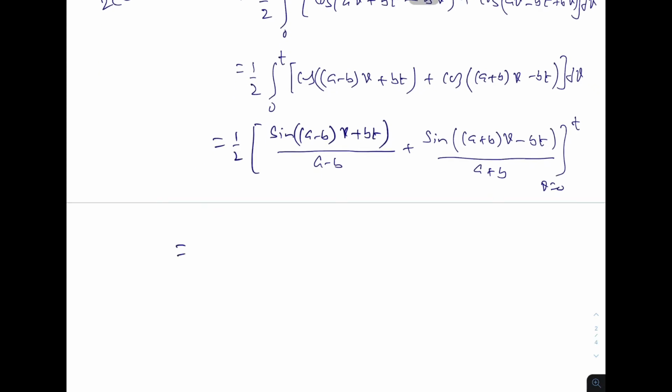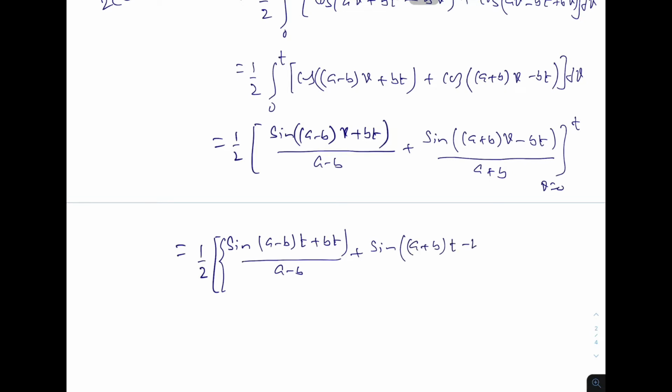This is equal to 1 by 2. Now we take v equal to t. So sine of (a minus b)t plus bt over a minus b plus sine of (a plus b)t minus bt over a plus b,